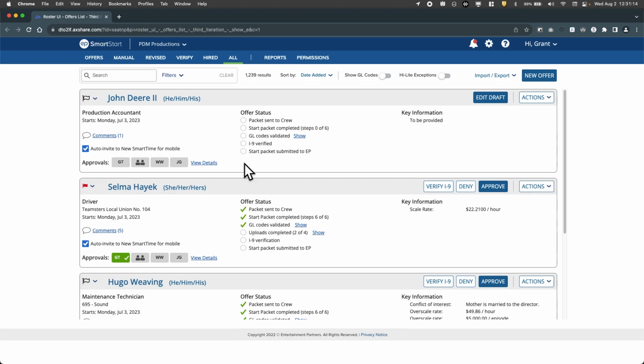circular icons that represented both the status of the packet for the crew member and also the approvals. They were linked, or put together in a linear flow. We separated that out such that approvals only is now what you see on the lower left in a linear left to right fashion, and then the offer status steps themselves are in a vertical orientation as you see here. And we are incorporating simpler icons such as, this is an example of pending, this is an